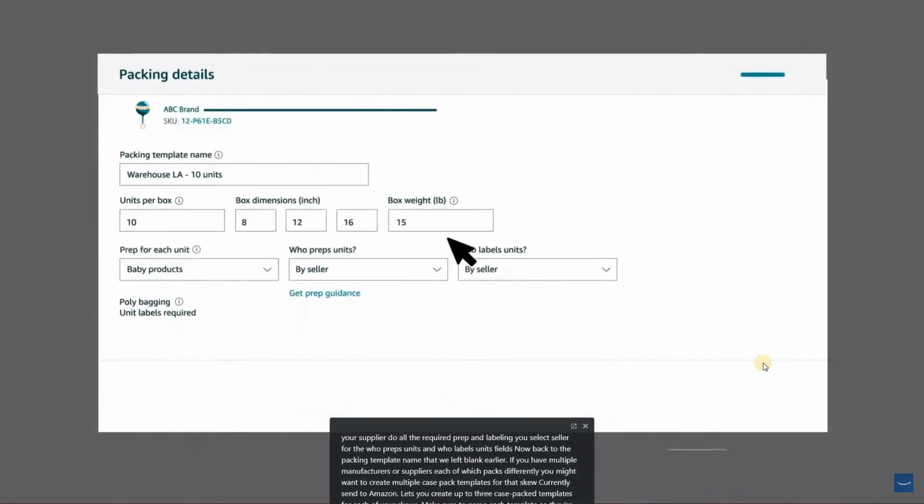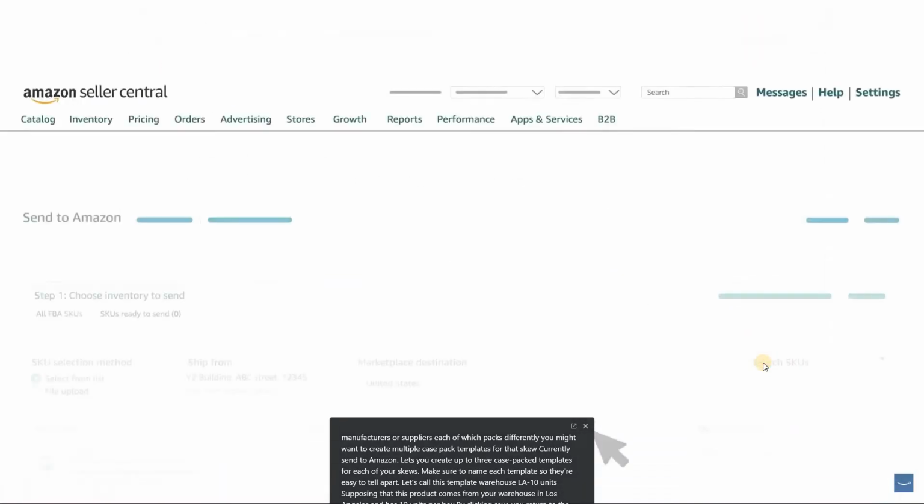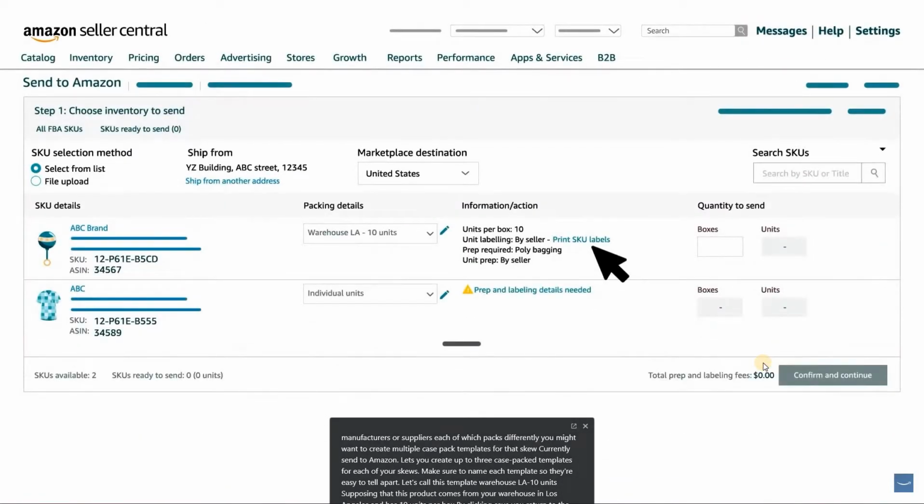Let's call this template Warehouse LA-10 units, supposing that this product comes from your warehouse in Los Angeles and has 10 units per box. By clicking Save, you return to the beginning and can now see a preview of the template details you just entered. Because you selected Seller in Who Labels Units, you print the labels by clicking Print SKU Labels and then